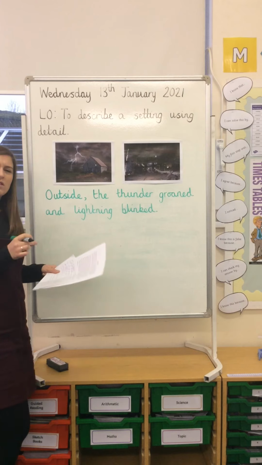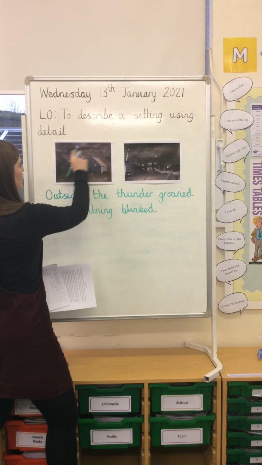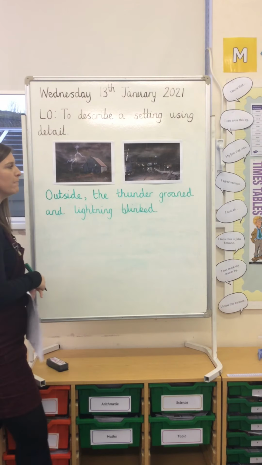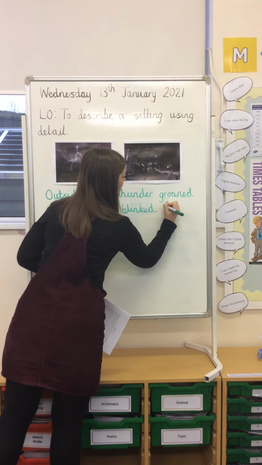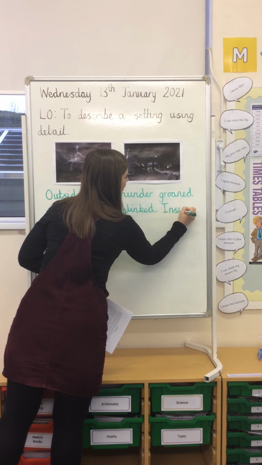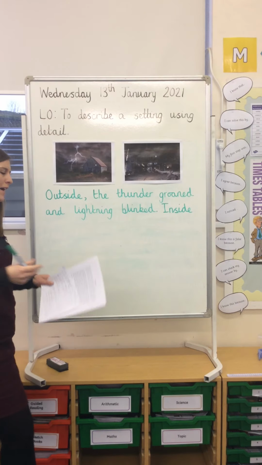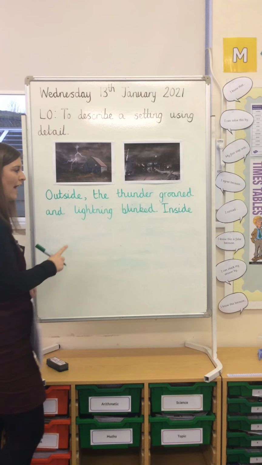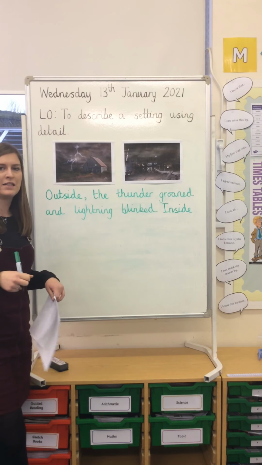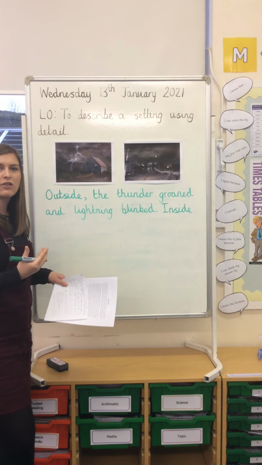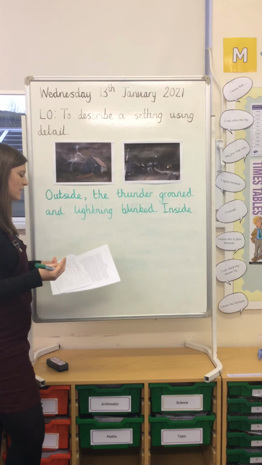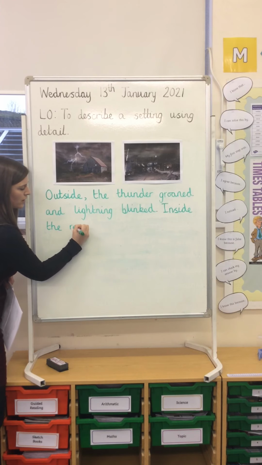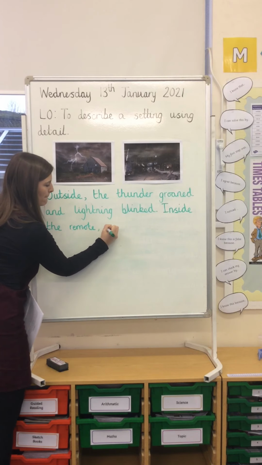And then if I've done outside, now I'm thinking about inside. So I've got my outside image and I've spoken about the weather. Inside, I've already spoken about all these cracks in the wood of the barn. So I'm going to say inside, again, capital letter. Inside, I don't just want inside comma this time. I want to say inside what? I've not actually told anyone what my setting is yet, and this is where I need to do that. So inside the barn is a little bit boring. You've already done your expanded noun phrase SPaG work this week, so inside the remote, abandoned